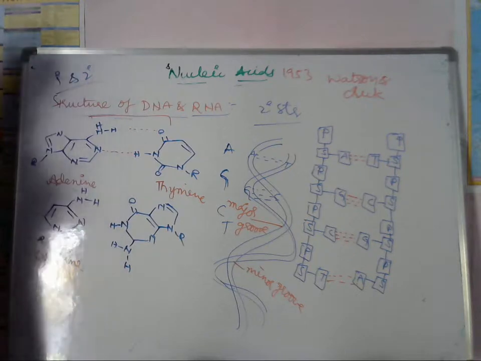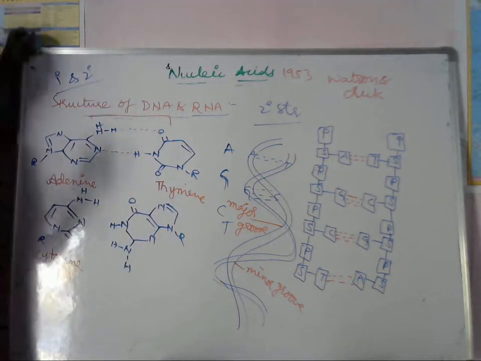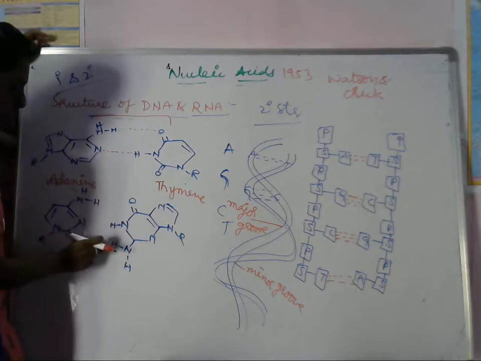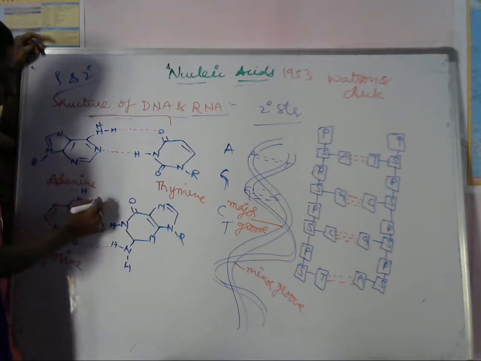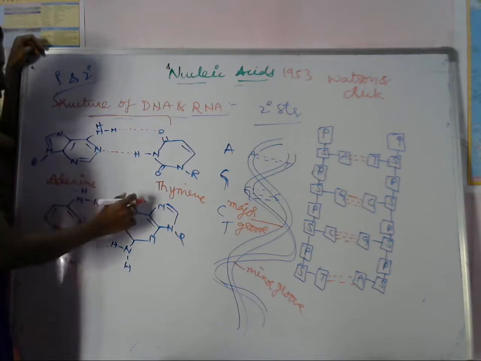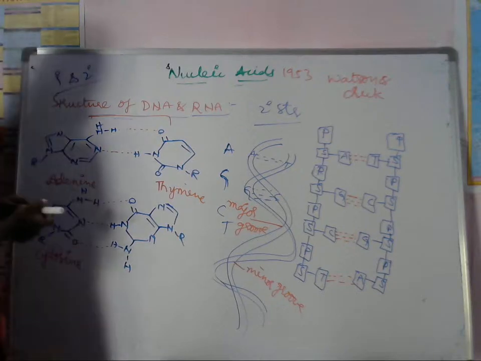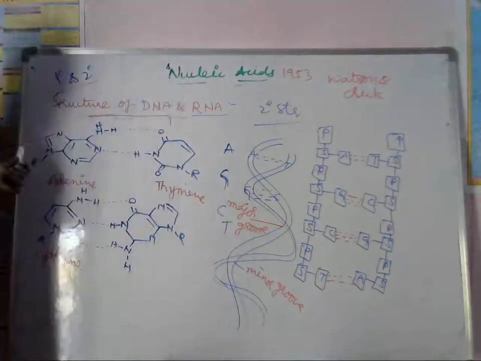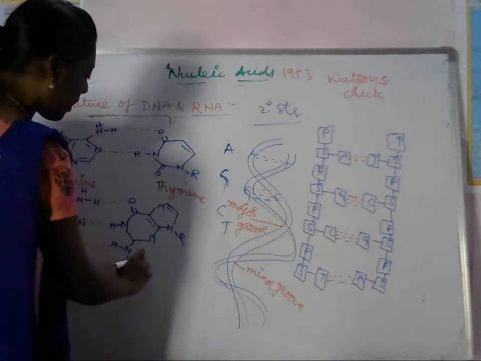Okay. So let's see how many hydrogen bonds are present between these. Here, if you see clearly, this is very close to each other, so it forms one hydrogen bond, and here it forms another hydrogen bond, and this amine hydrogen and this oxygen will form the third hydrogen bond. So like this between adenine and thymine, and cytosine and guanine. This is a guanine.